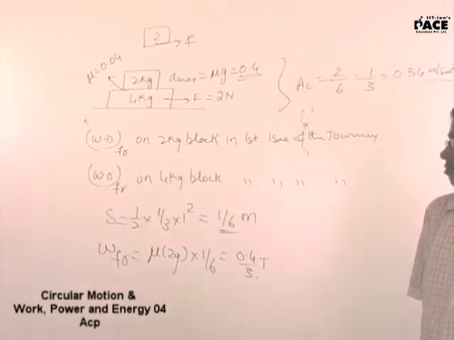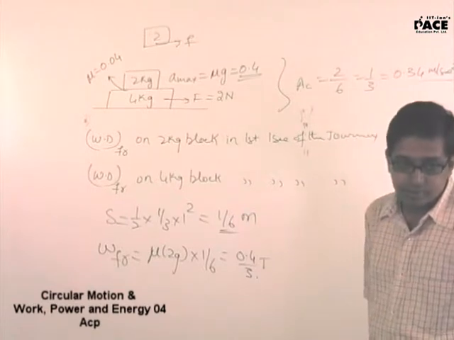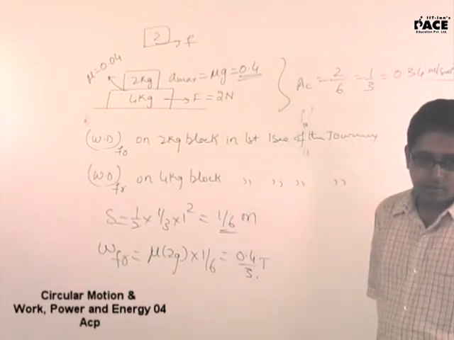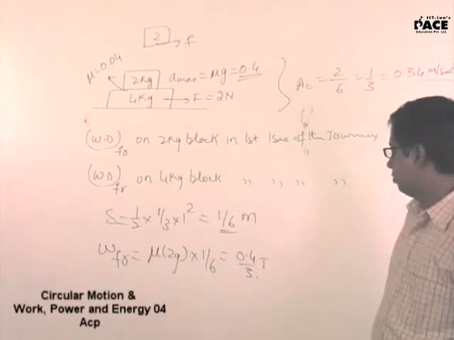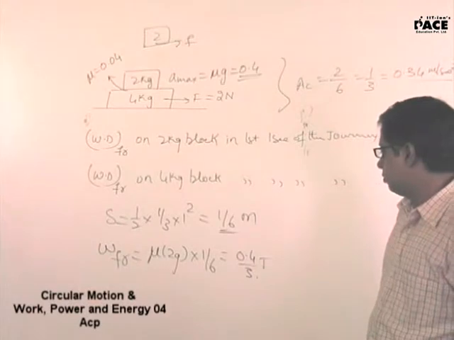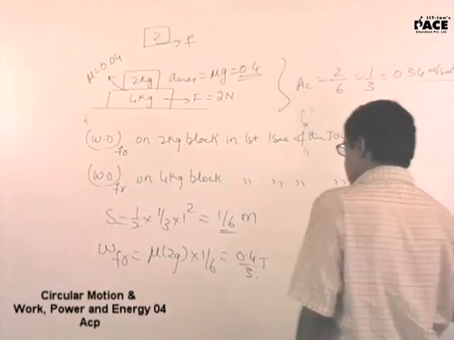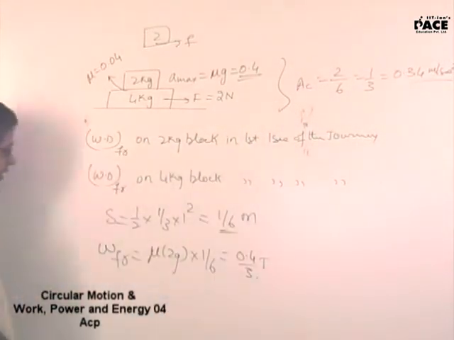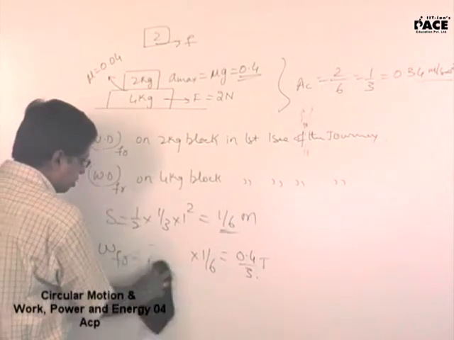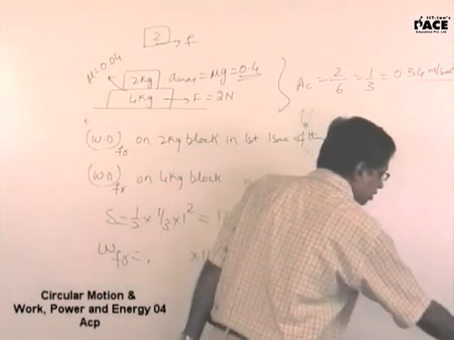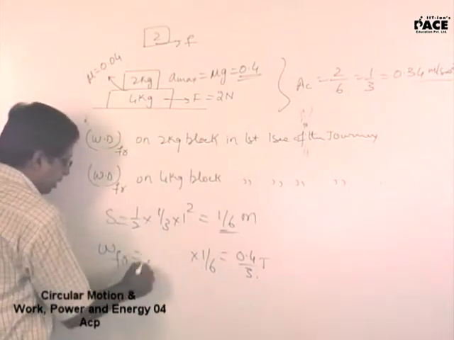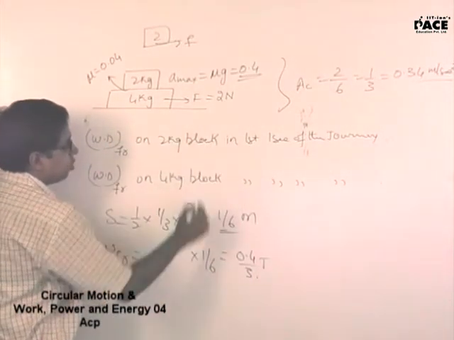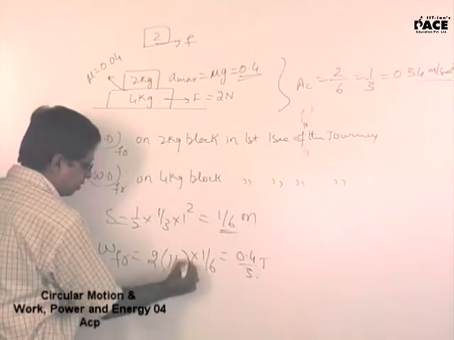Excuse me, sir. So why do you have to take the force mu mg? Because the complete force of friction is not used, maximum is not used. So limiting friction, you are right. There is a small mistake that we committed. Here frictional force is not mu mg. Frictional force is mass into acceleration. What is the friction acting on it? 2 kg block into acceleration is 1 by 3.